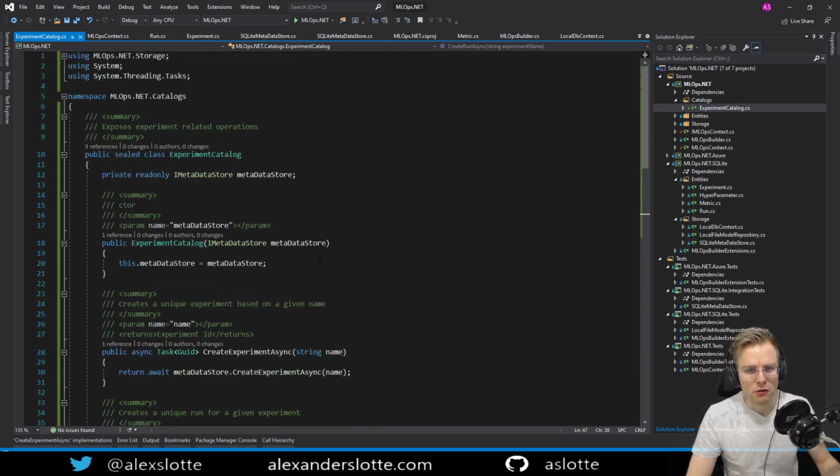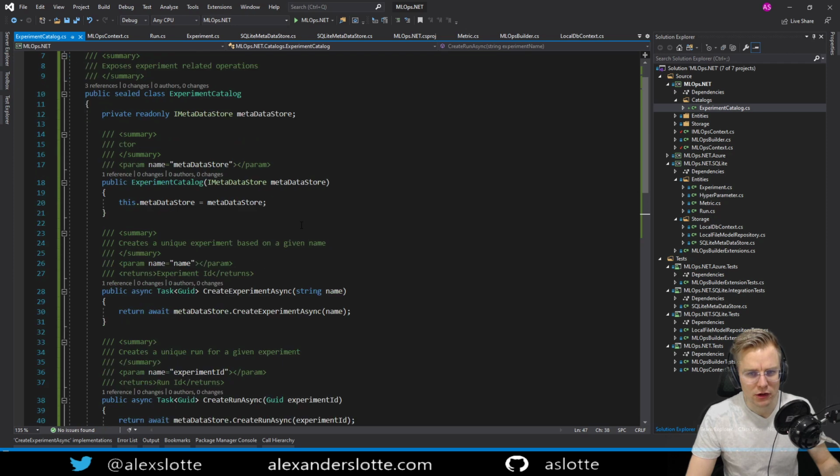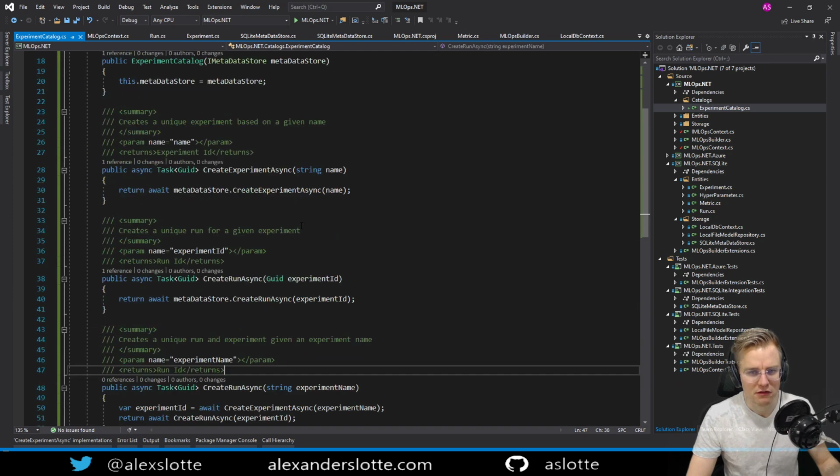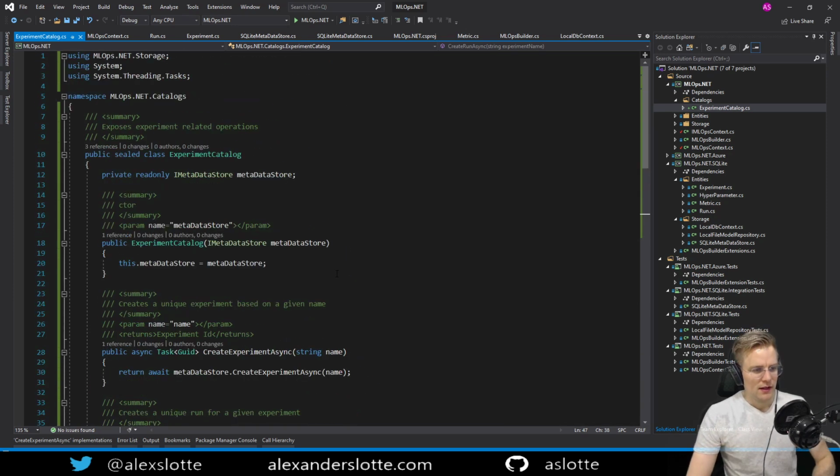Now we have to figure out a better name for this one, because it's not going to be called experiment catalog anymore. It needs to be called something else. It has to do with the setup of everything. It could be called experiment and run catalog, but I feel like that's a stupid name, and that's not going to be useful for anyone to find this.